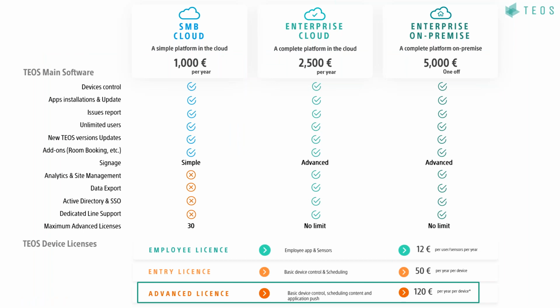To finalize, there is of course just in a word the new business model that we have, a lot more simplified for any type of signage usage for any type of product, a tablet or a Bravia or even a player or whatever type of device you have. Only an advanced license is required for each device, and it's a unique license compared to before where you were having different types of license for it.